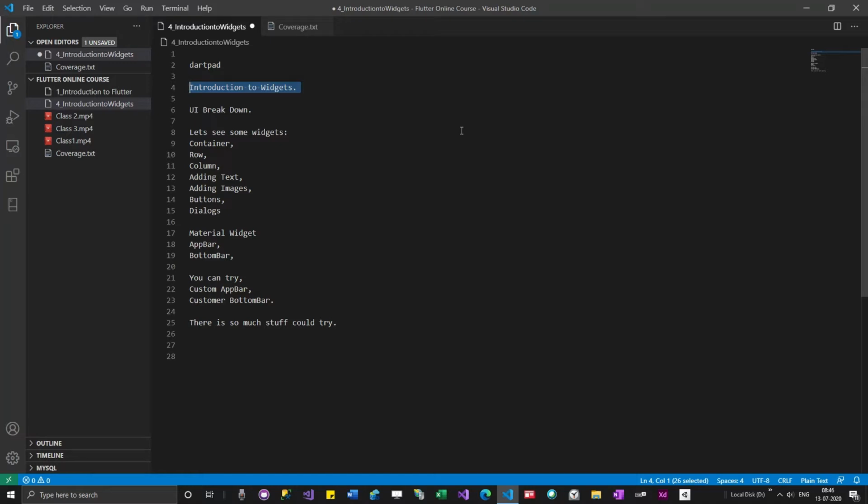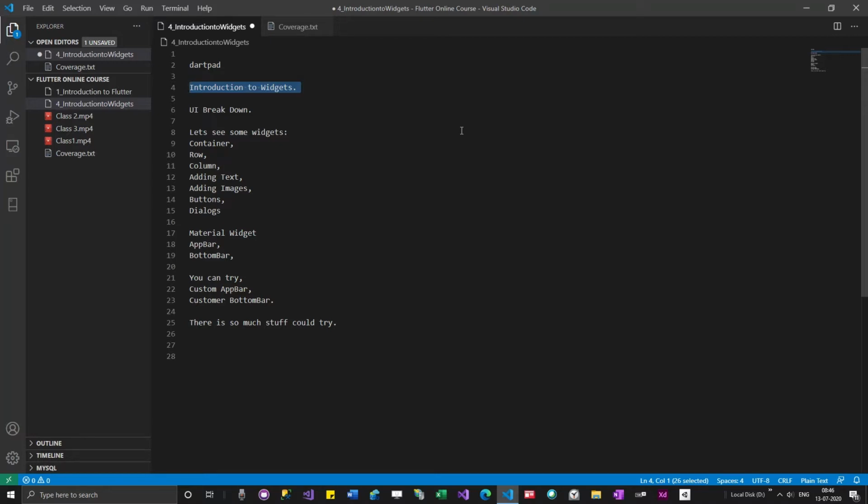You really don't have to understand what a widget is, but you have to remember this terminology. You have to keep saying everything in Flutter is a widget.